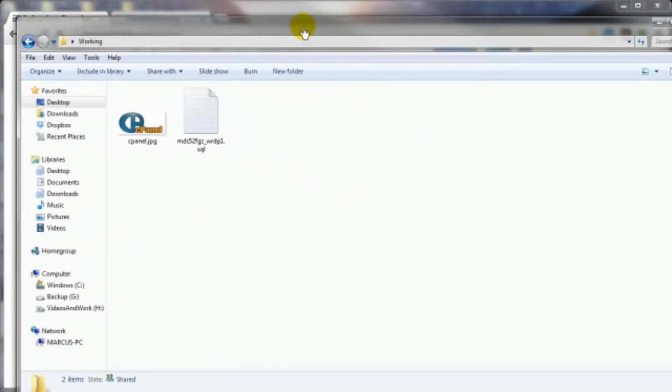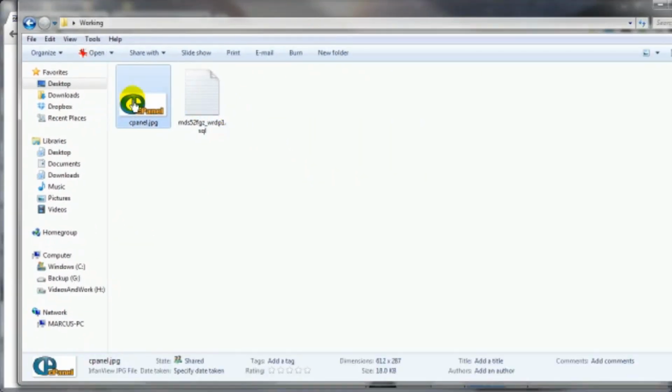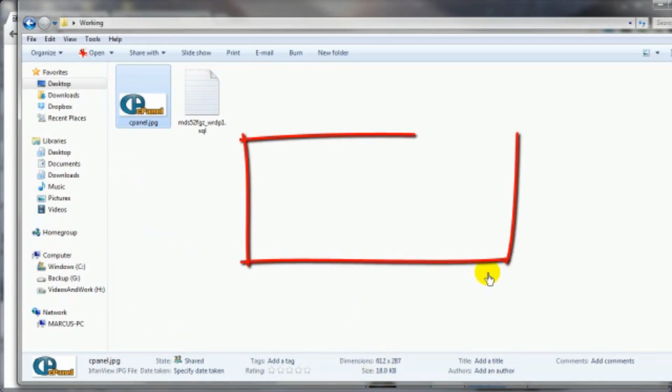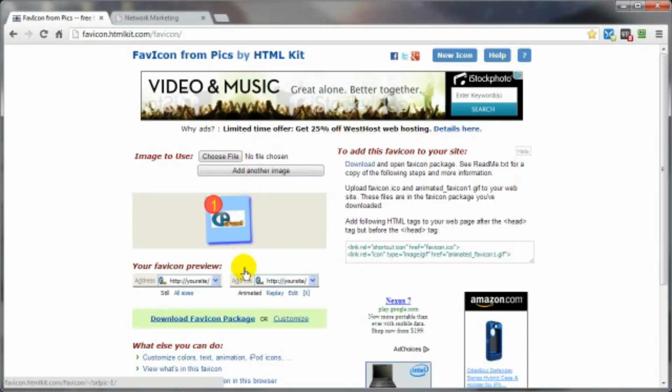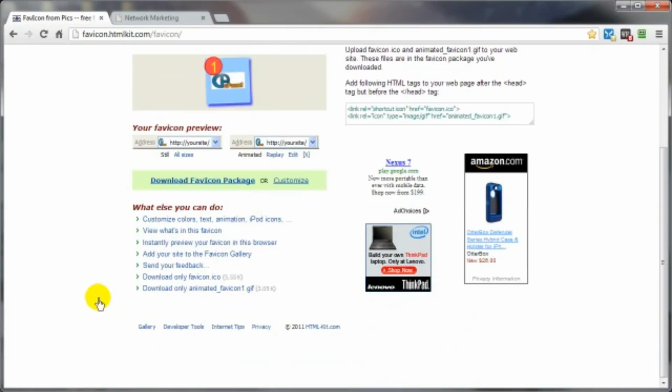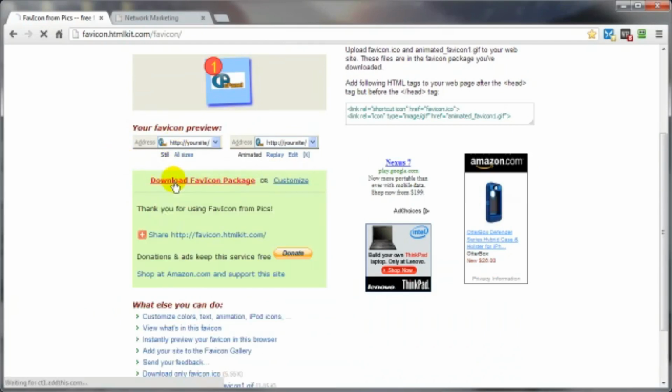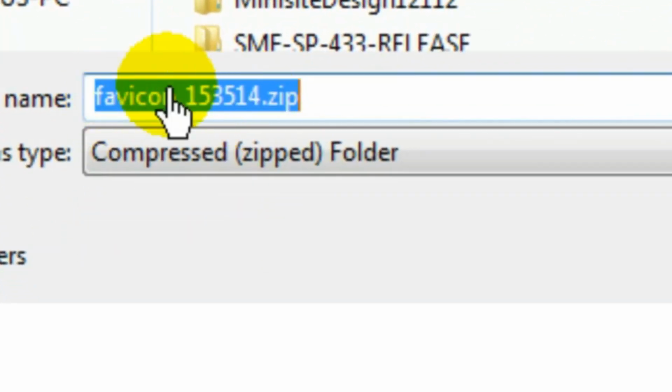Now if we go back here, let me go ahead and show you that image. I want to show you just how big that image is: 612 pixels wide by 287 pixels. So you can see it's kind of that big, but this program brings it down to size. It's probably not the best example, but you can see what it will look like right here as a demonstration. You've got some other customized options here that you can work with, but I want to keep things simple. We're going to go ahead and download as is,